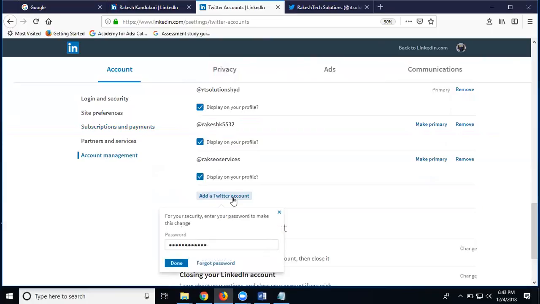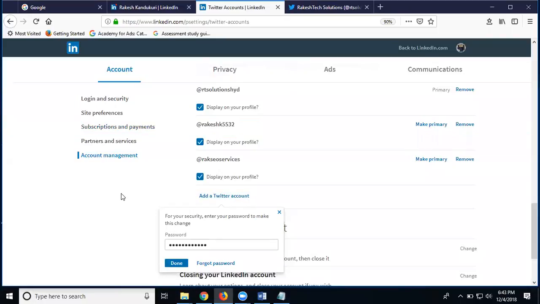So whatever postings you have done on LinkedIn to Twitter, they will show for every post. When uploading images from LinkedIn to Twitter, the image will not appear on the Twitter account. That is the drawback. Understand? If anybody does promotion from LinkedIn to Twitter along with images, the image will not appear on your Twitter account. So why do we connect LinkedIn to Twitter?